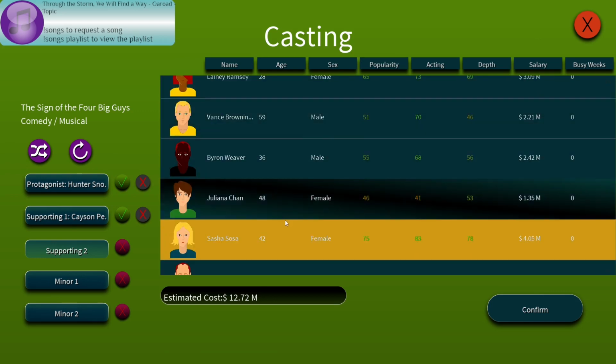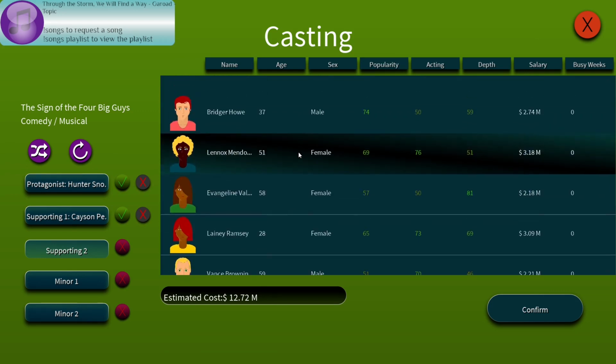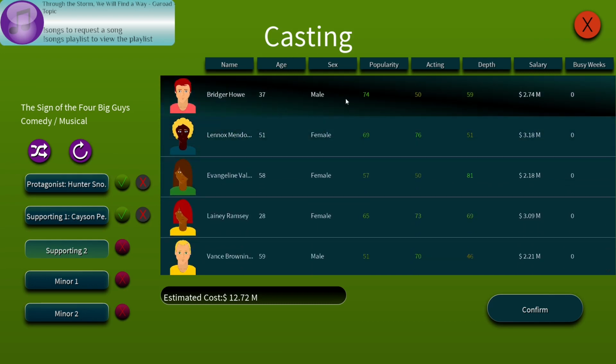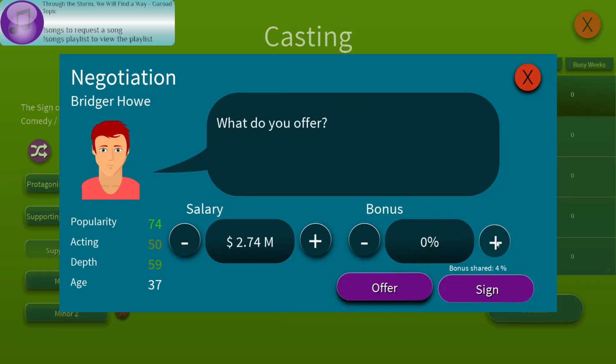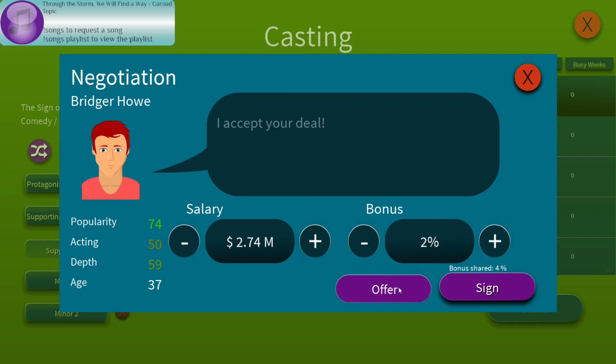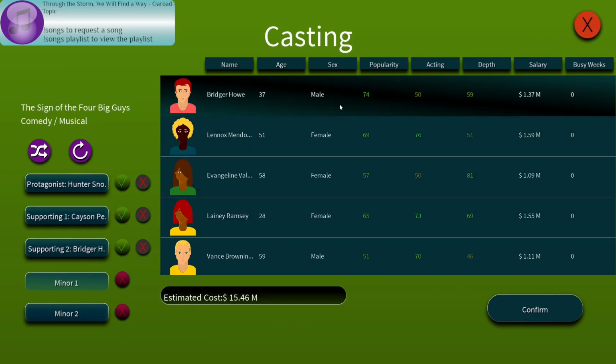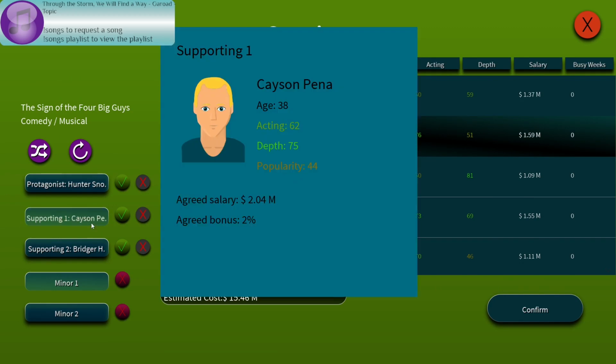Oh, okay, so it highlights who you hired before. But you see, we need to cast 4 guys. Because otherwise, who are going to be the 4 big guys? Like, one of them is going to be Watson.